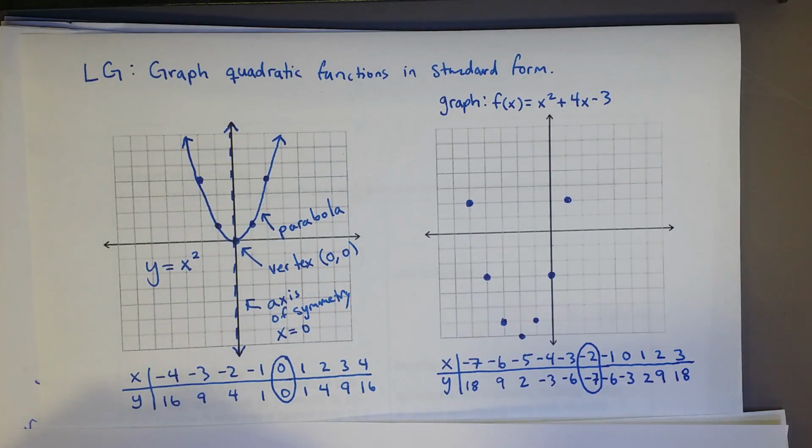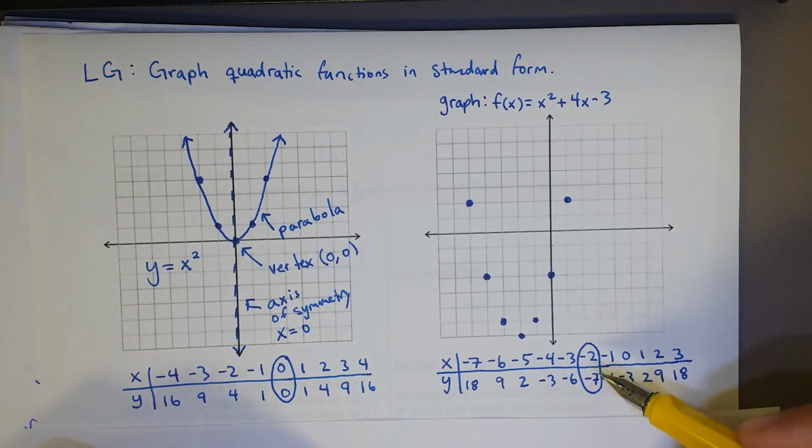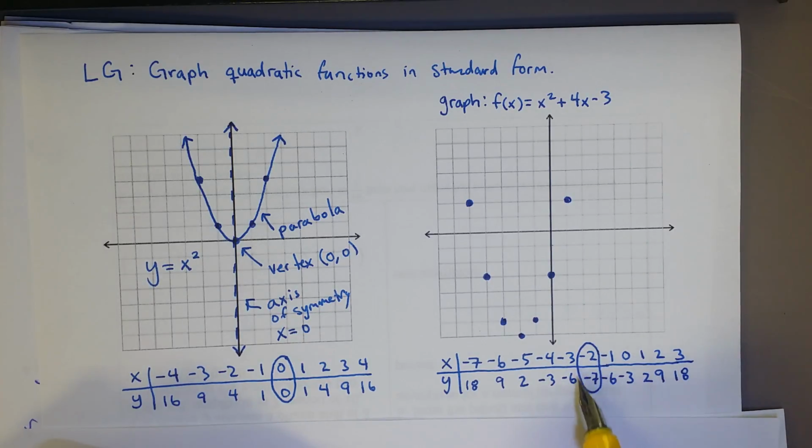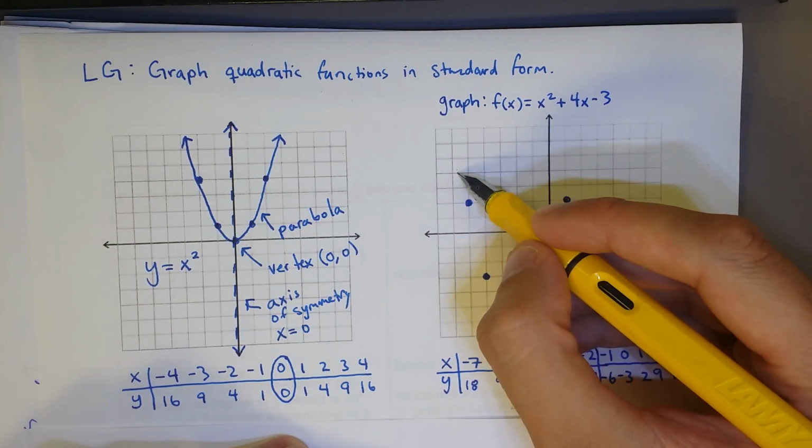Okay, so let's see how you did. Hopefully you were able to identify that -2, -7 is our vertex. This is because it is the only point that doesn't have a point of reflection, like for example -3, -6 and -1, -6. Here we've got -3, -3 and 2, 2. -2, -7 is the vertex. So I'm going to go ahead and connect the dots